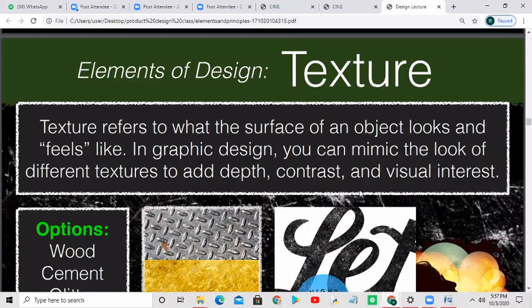If you talk about wall paneling, a laminate or a veneer will have a different texture. On the other hand, carpet, fabric, or any other soft furnishing has a different texture. So in interiors all these things are very important, especially the fabrics and the furnishings. They play a very important part.